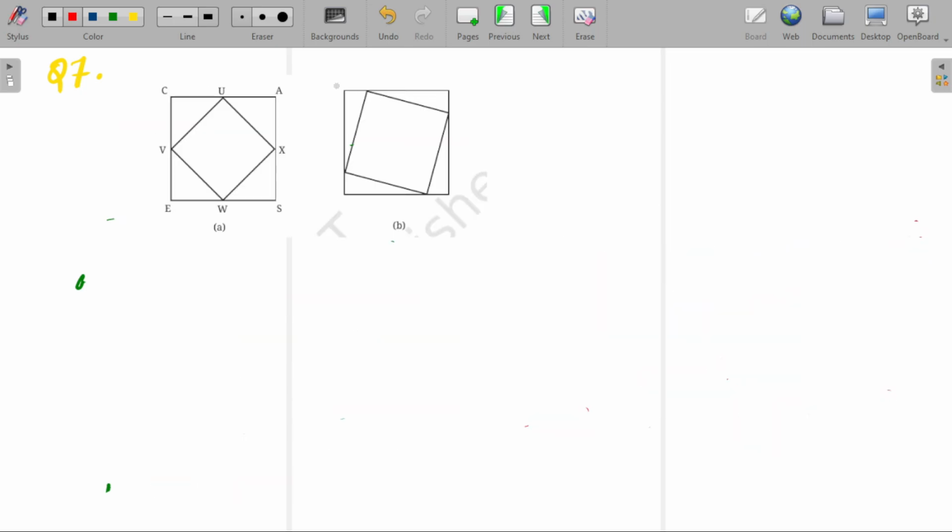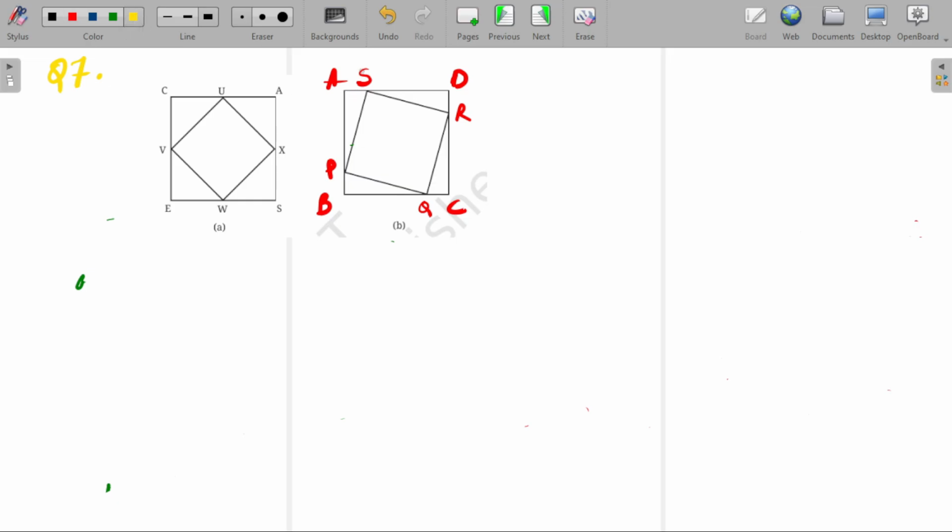So for the B part of this question, we are taking the points A, B, C, D, and the interior points I'm taking as P, Q, R, S. Okay. As you know, square in square, that means we need to prove that PQRS is also a square, right? So take PQRS such that